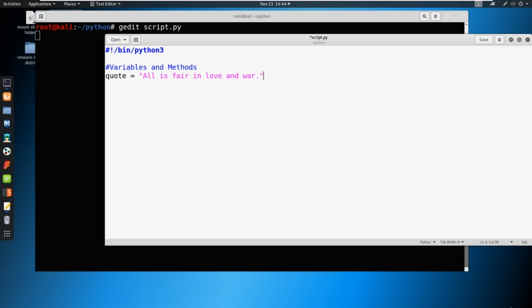Okay, so what's happening here is we are creating a variable of quote. Now, all you can think of a variable as is a placeholder. So instead of typing out "all is fair in love and war," we can just call this placeholder at a later time, and it knows, hey, I'm going to call this information. So it's going to store this information inside of quote, and then later we just call quote, and it'll print it out. So we can do something like print quote